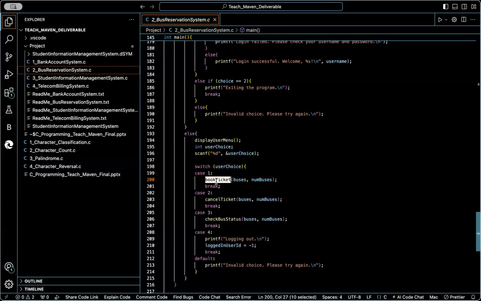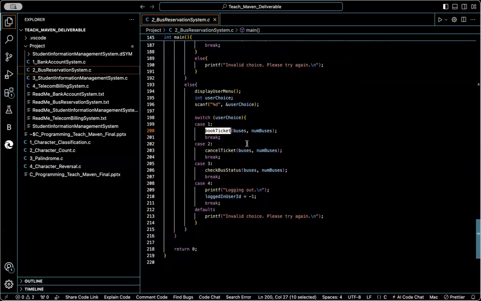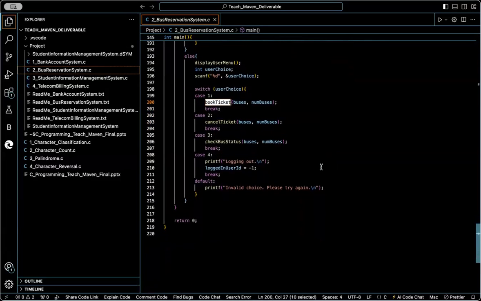If you want to cancel the ticket, then we'll ask the user to cancel the ticket, right? So that function is called based on choice two. We just pass the ticket number and the bus number, and the corresponding